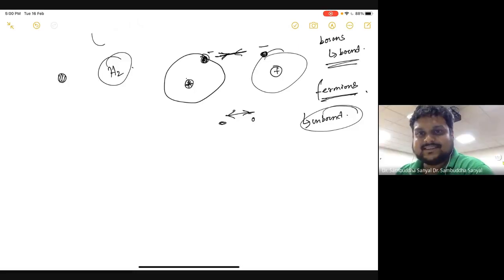Okay, Coulomb's law is always valid, but the question is when there are other forces present, then they become dominating. For example, when you go to the level of, maybe, the Fermi distance or whatever, maybe the strong interaction and weak interaction are the dominating forces. That is a different thing.